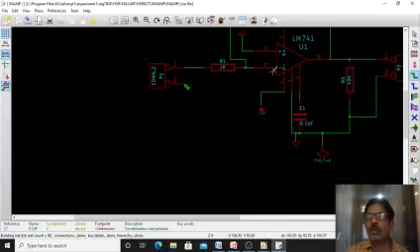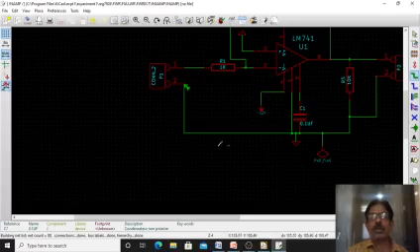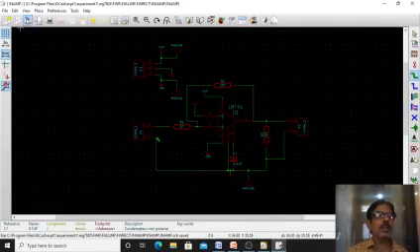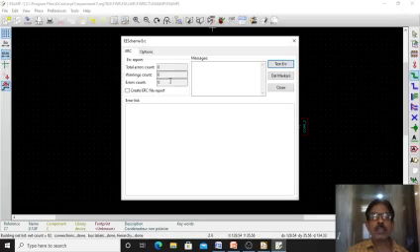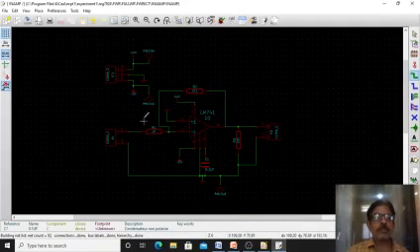So what you have to do is take the wire again and connect it to the ground. Because you have modified it, save it once again, and once again do the electrical rule check. Go here, test ERC. Now you can see the error count is 0, no errors are there. In this way I have completed the circuit diagram and checked the errors.